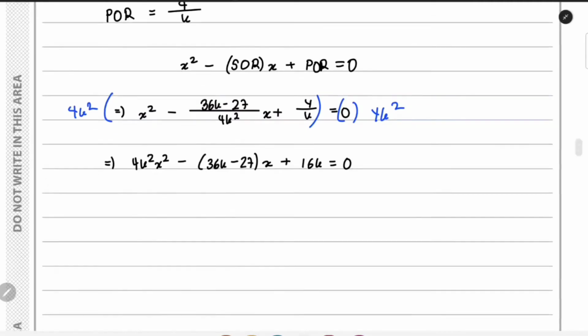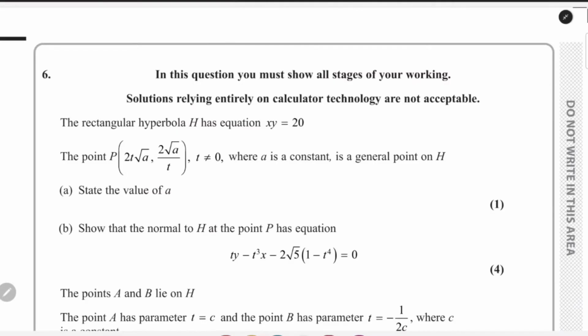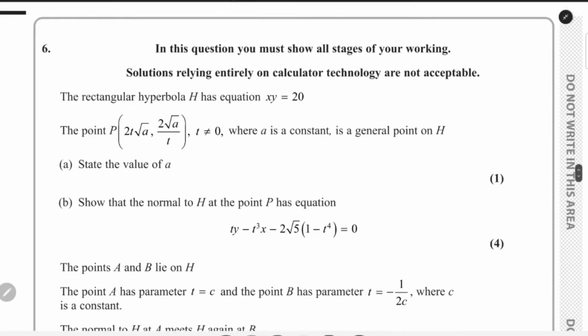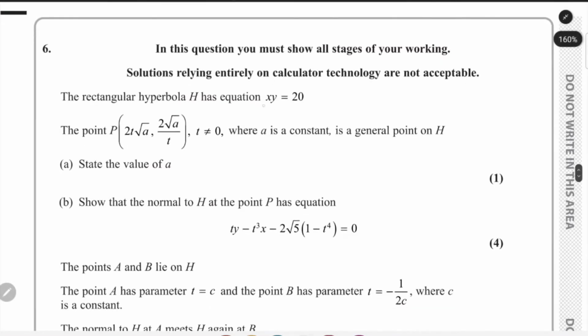Now moving on to question 6. Question 6 is about a hyperbola. We are given the equation of the hyperbola, xy equals 20, and we are given a general point with this equation. Now if you look at the data booklet, we'll find that the general point on the hyperbola is ct comma c by t,